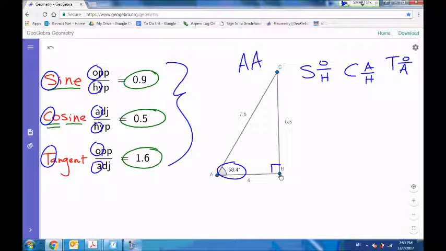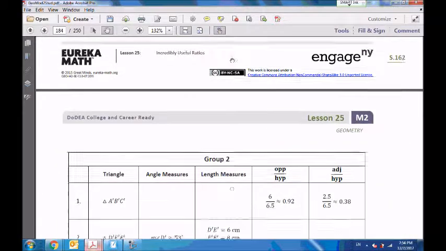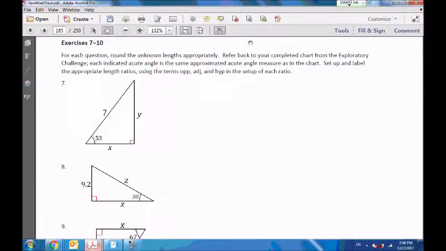So those ratios have names, and back in the day, before calculators, there used to be tables of them, but now they're programmed into our calculators. So let me walk you through a problem where you can find the sine, cosine, and tangent ratios using your calculator. Let's go back to Serena